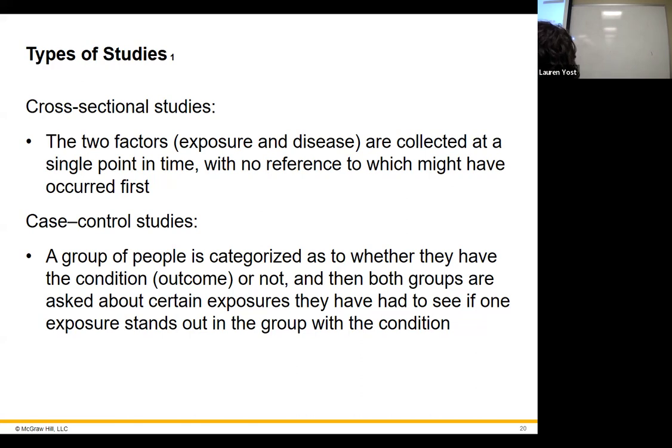So we have these types of studies: the cross-sectional, the case control, and the cohort studies. Those are our three studies that we can do as epidemiologists to figure out causation. Okay. There is going to be a question on your exam where I'm going to give you a scenario, and it's going to explain what's going on, and what kind of study it is will be your question, basically, at the end of it.